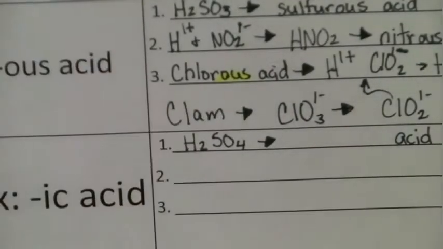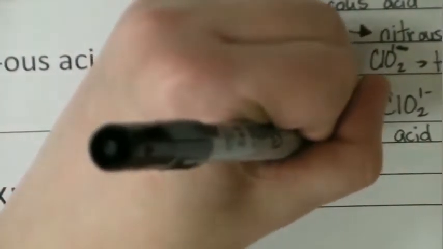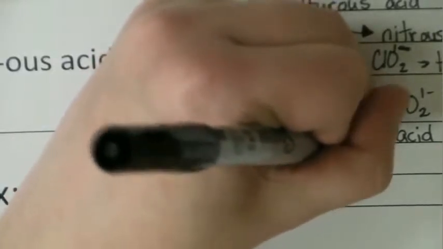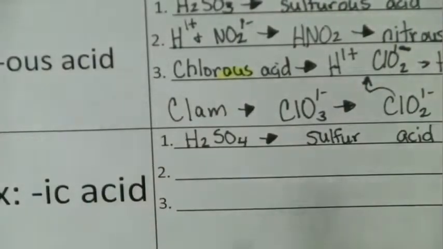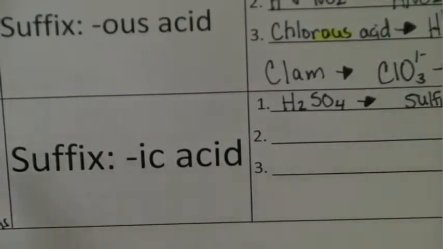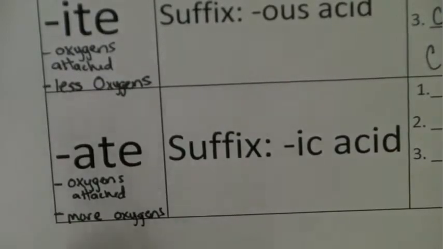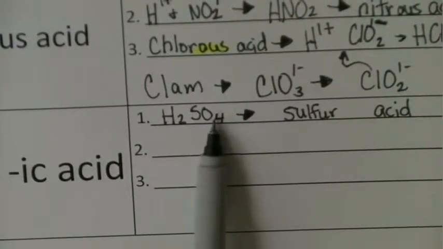Next, you need to figure out the base word. Well, again, look at the element involved in your polyatomic ion. It's sulfur. So you know your base word is sulfur. Now you just need to decide what SO4 is. Okay, is it sulfide, sulfite, or sulfate? Now, just throwing it out there, we're doing it in this row, so it shouldn't be hard to figure out this way. But when you're given an entire worksheet on these, you're going to have to be able to figure these out on your own. So, again, you immediately see oxygens attached,